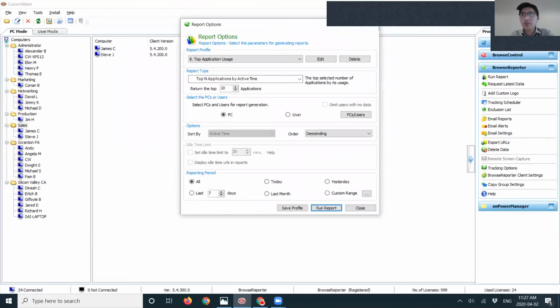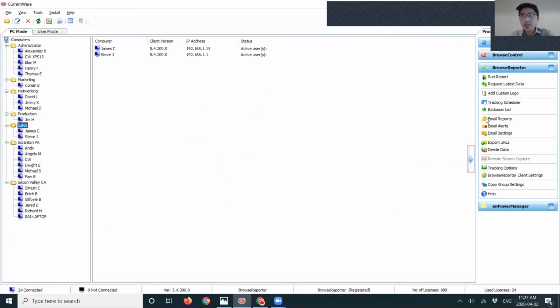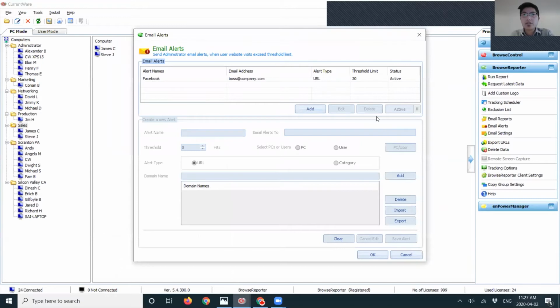Okay. Now with Browse Reporter, you can also do alerting. So instead of running reports from the console, you can get an alert based on websites that they visited or categories of websites that they visited. So for example, if I create an alert here, I can say Facebook.